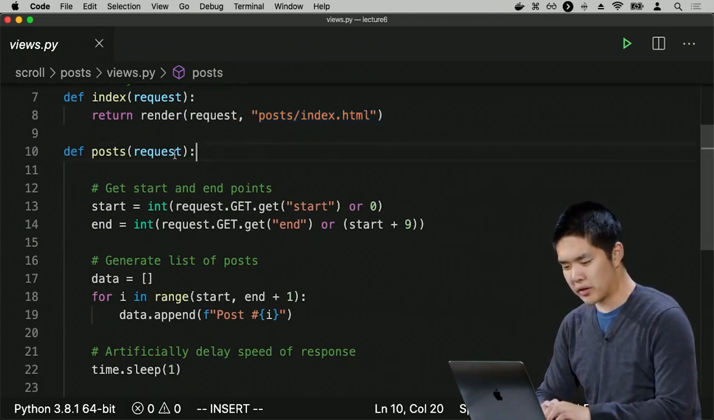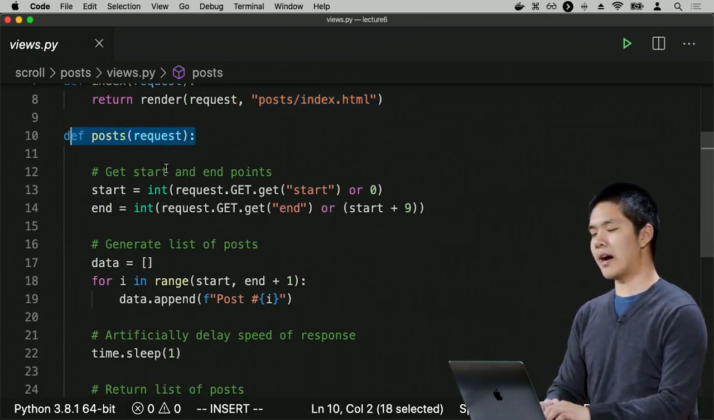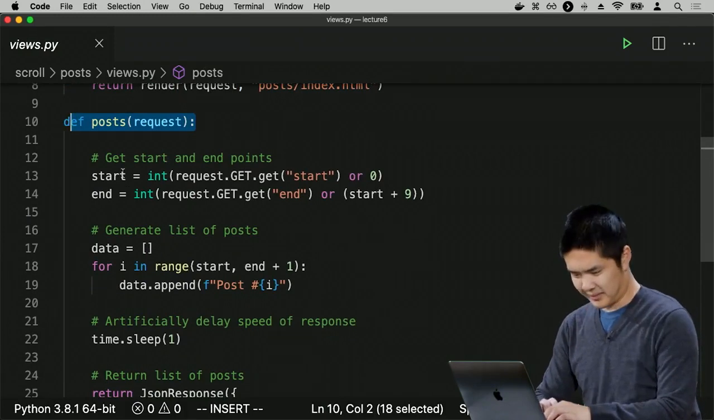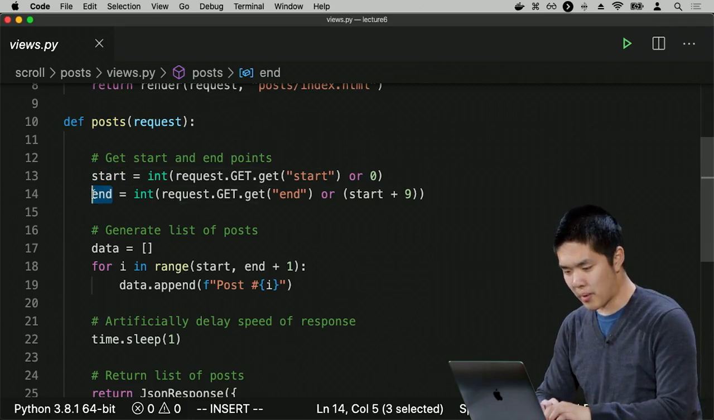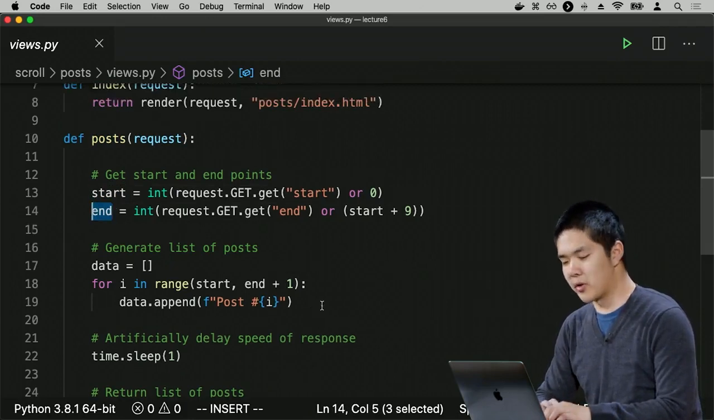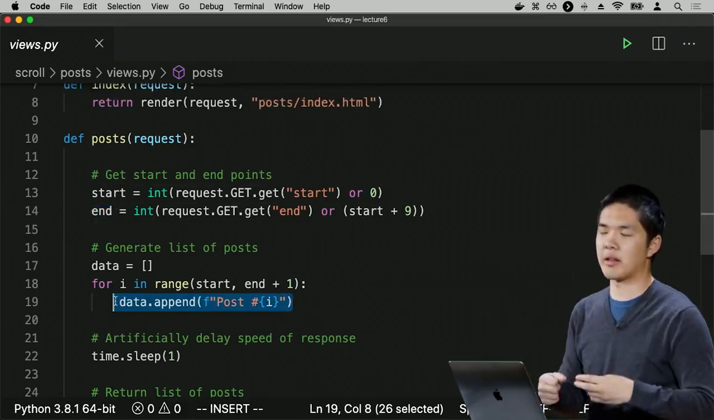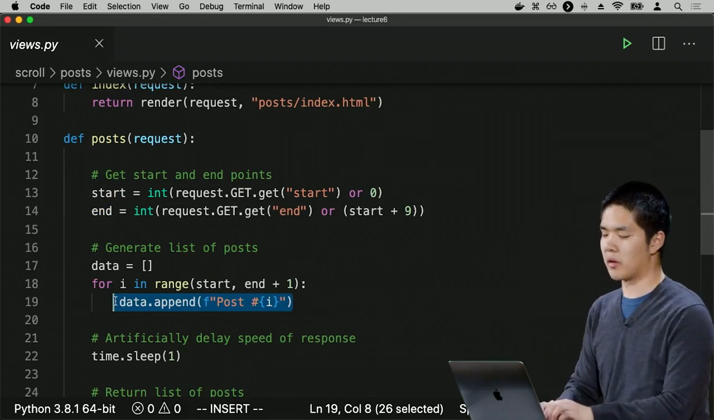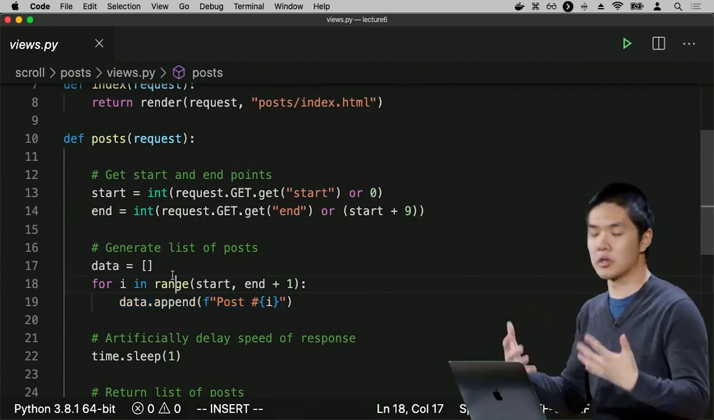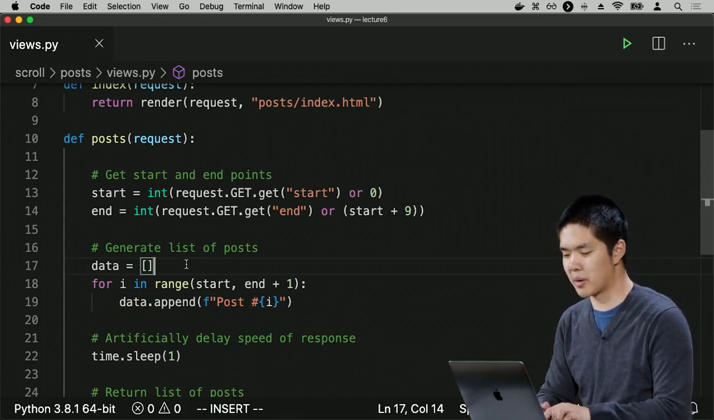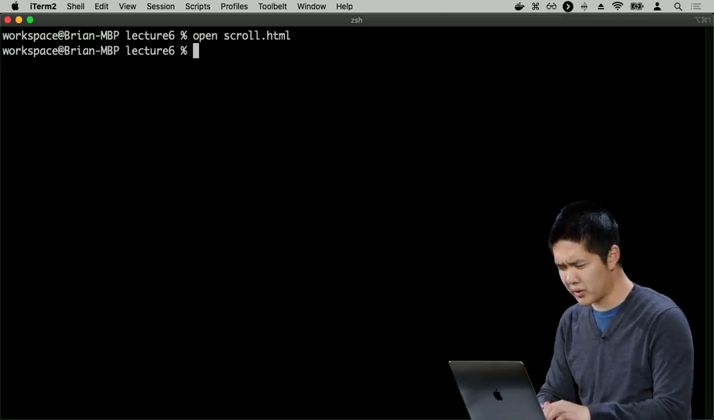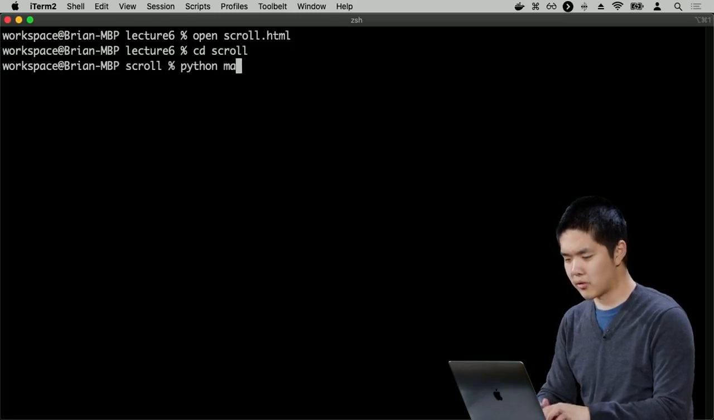And if I make a request to /posts, I need to provide two arguments. I need to provide a start for what post I want to start with, and an end for what post I want to end with. And then it's just going to generate some sample posts that just say like post number 1, post number 2, so on and so forth. In practice, you could actually use social network posts in place of this, but this is good just for demonstration purposes. So if I go into Scroll and run the server,